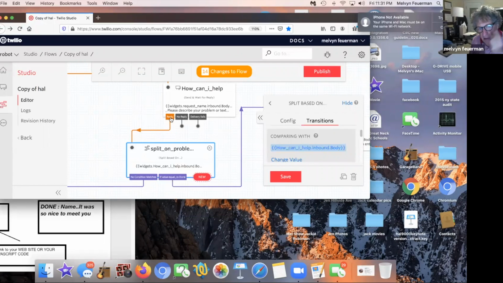Reply means when I get a reply to the message I sent over here, which was "describe your problem," it goes to the next state and then it captures the message that comes back and goes into this state. And you don't have to program that. That's all done when you create this little reply over here. That's the really neat thing about